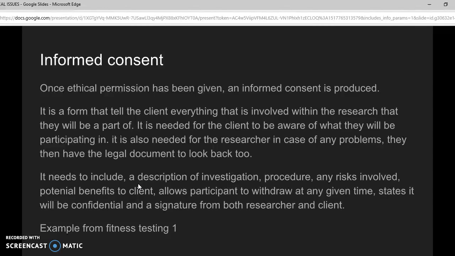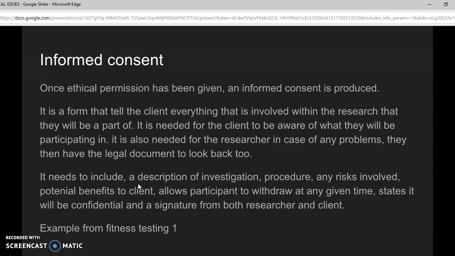Informed consent. Once ethical permission has been given, an informed consent form is produced. It is a form that tells the client everything that is involved within the research that they will be a part of. It is needed for the client to be aware of what they will be participating in. It also is needed for the researcher, in case of any problems, they can then have a legal document to